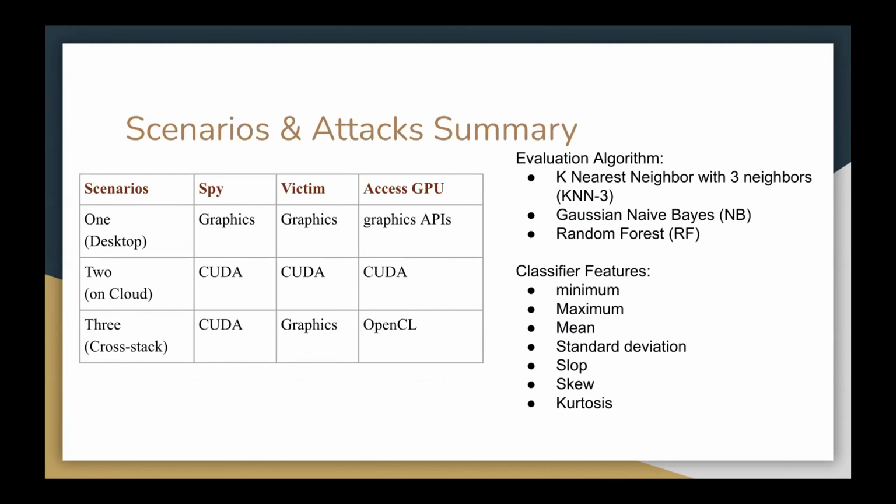The first attack under this scenario is website fingerprinting. The spy can measure the memory allocation performed on the GPU by querying the available GPU memory repeatedly. The attackers will then record the pattern from the queries and use that data to train the machine learning model. And here is the data from